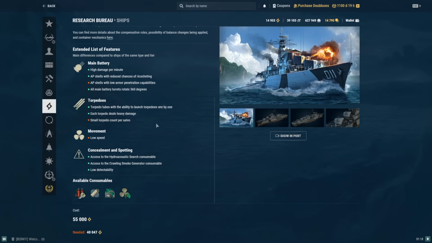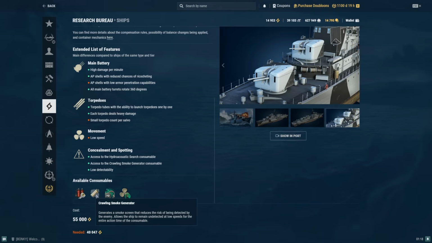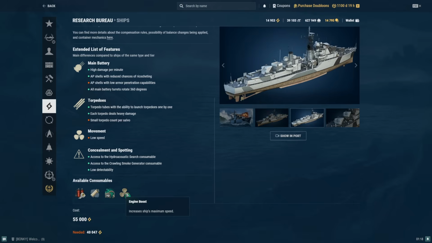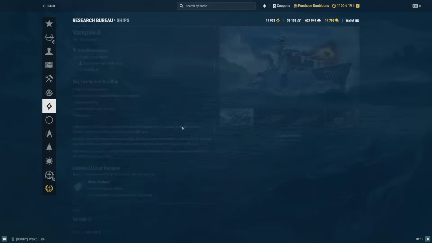But what sets Vampire apart from pretty much every other destroyer is the fact that she gets the crawling smoke generator. So how the smoke works is that instead of other smokes where you emit it for about 30-40 seconds or so, and it stays there for a while, you emit the smoke, and then as you move, the smoke will stay for about 10 seconds or so, trying to cover you as you go. It's kind of like a halfway point between the Italian smokes and the standard smoke. It will stay there long enough that you can farm some damage out of it,